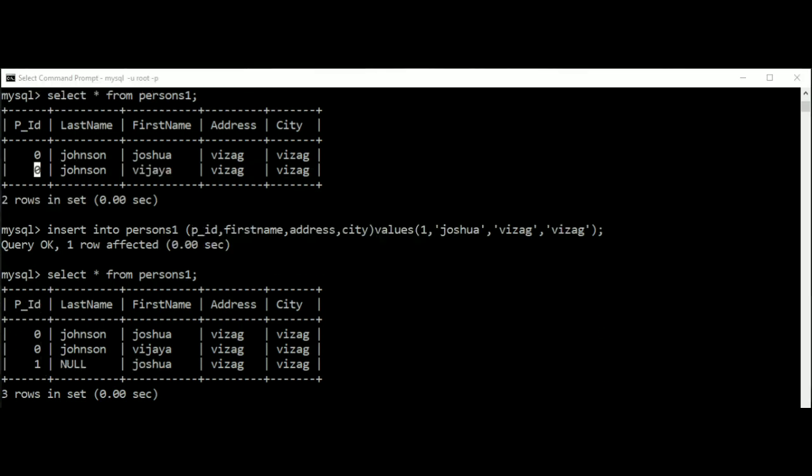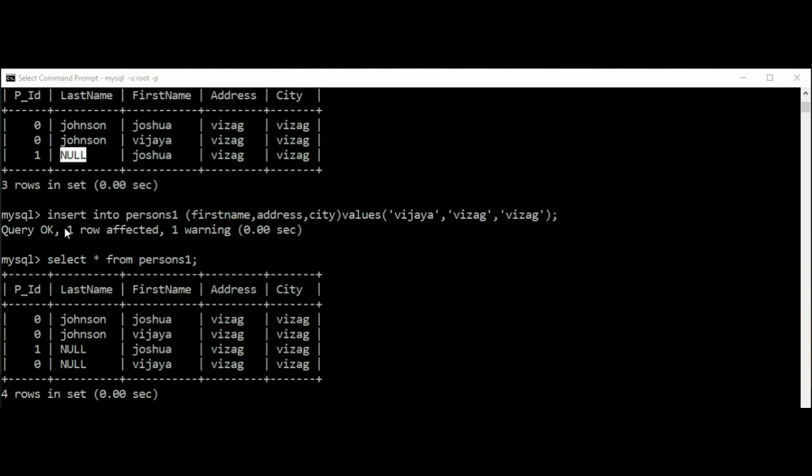If you see here, in the third row, I have given the PID as a separate column. That is, I wanted to insert the PID value also. So I have given the value 1. Okay, so this value 1 has been inserted here. But did I give the last name here? No, I have given only the first name. I did not give the last name here. So in the place of last name, now I have got a null value, because by default the last name can accept null values. But whenever we do not give the PID values here, it is not accepting null values. That is the reason it has inserted the value 0 here.